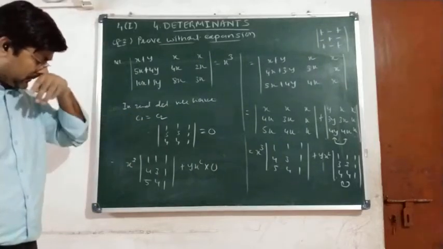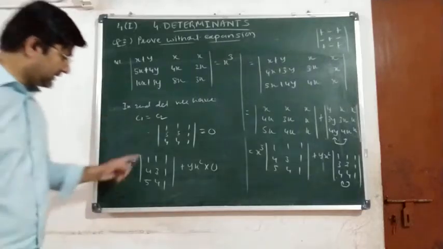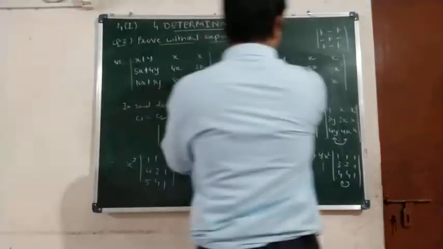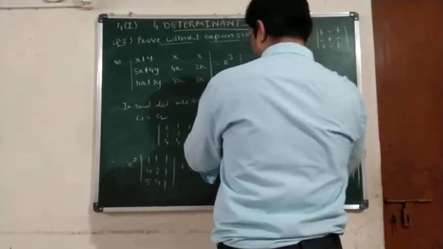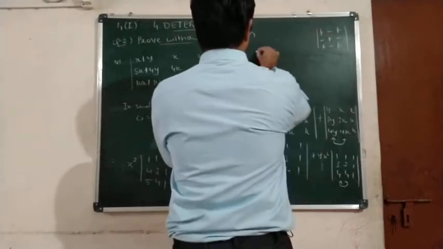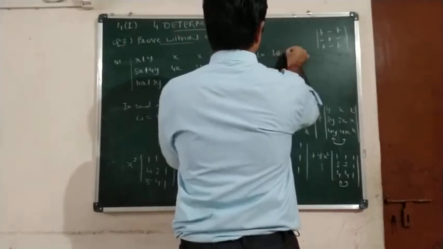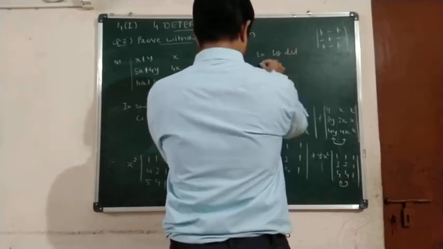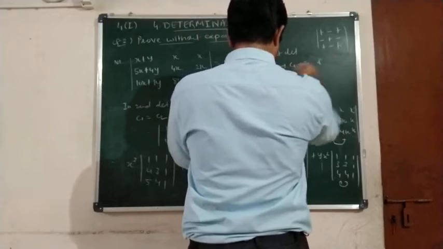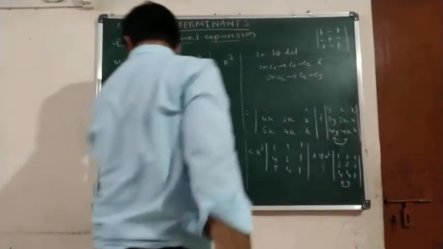do operations on C3 and on C2, C2 minus C3 we will do. Okay, or on C1, C1 minus C2 and on C2, C2 minus C3. Anyway we can do. Okay, now in the first determinant, on C1, C1 minus C2 and on C2, C2 minus C3